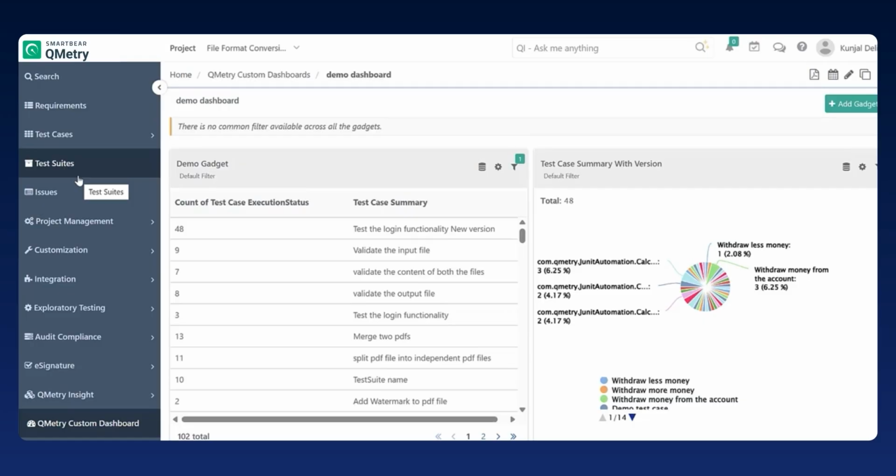The platform also offers robust reporting and analytics, including real-time dashboards, traceability metrics, and compliance-ready audit trails, making it suitable for both agile and enterprise-scale environments. There are various sources that can guide you through QMetry in case you need help. You can email the account manager or the solution engineer with your queries, or navigate through the detailed documentation available on